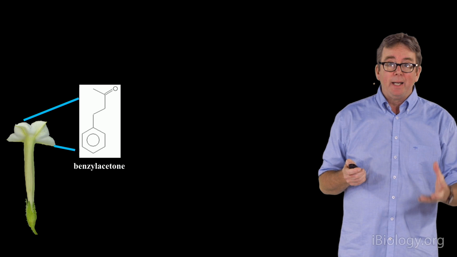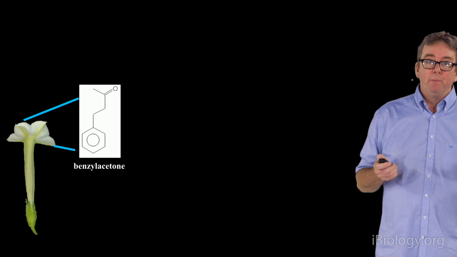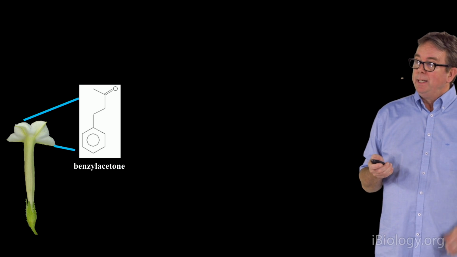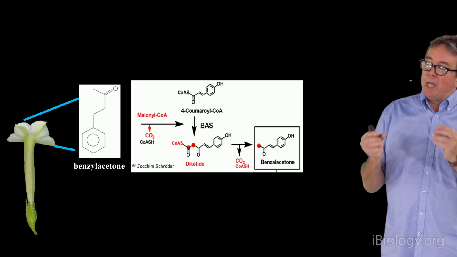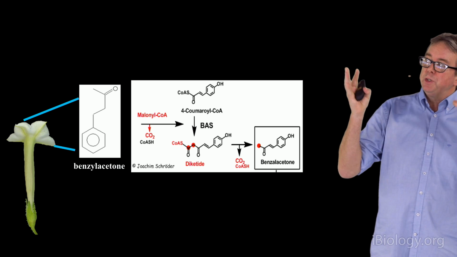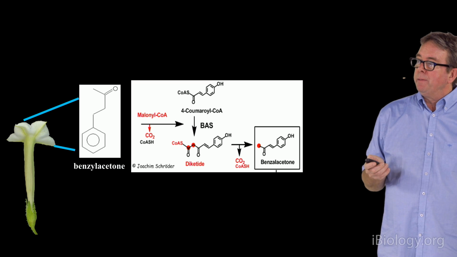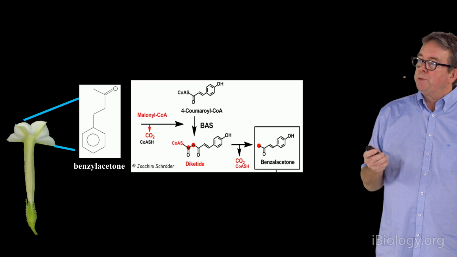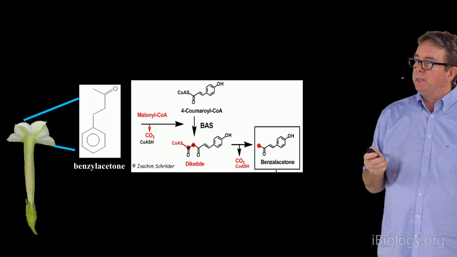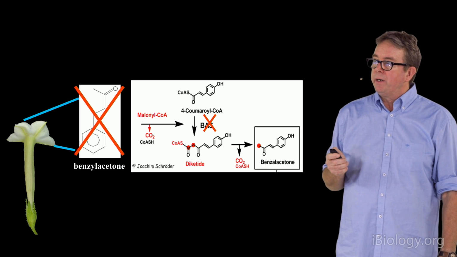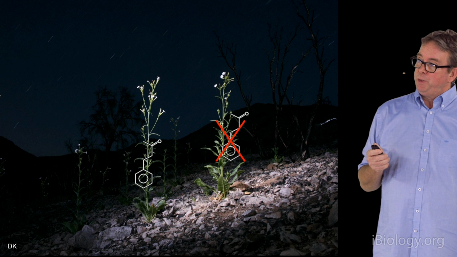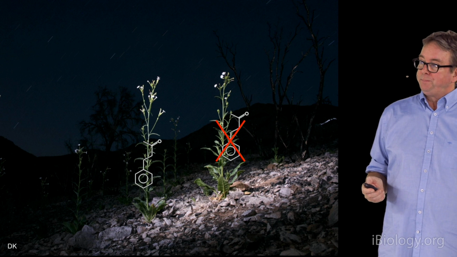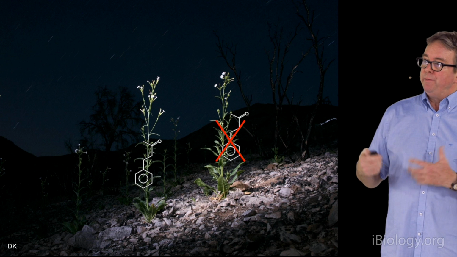Now, we first had to figure out how to make a plant that wasn't going to produce that particular scent. Klaus Gase looked at the transcriptome of exactly the part of the plant which releases the scent, which is the outer limb of the flower, looked at all the different transcripts, found a series of genes that were likely involved in the biosynthesis of benzylacetone, even though that was not unknown, did an RNAi experiment, silenced it, and generated a completely scent-free flower. And this scent-free plant we took out to Utah and planted them out with video cameras and